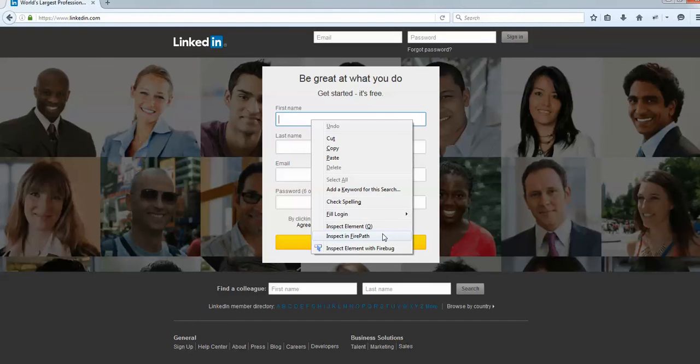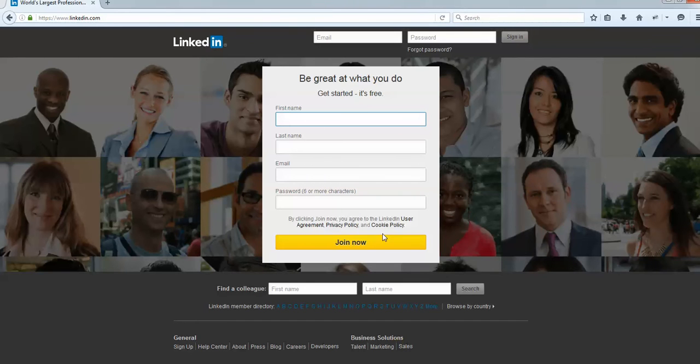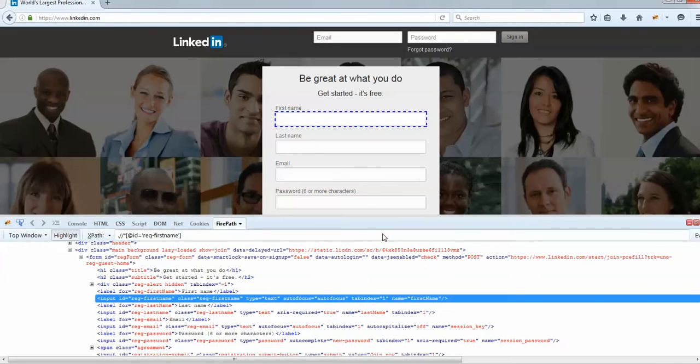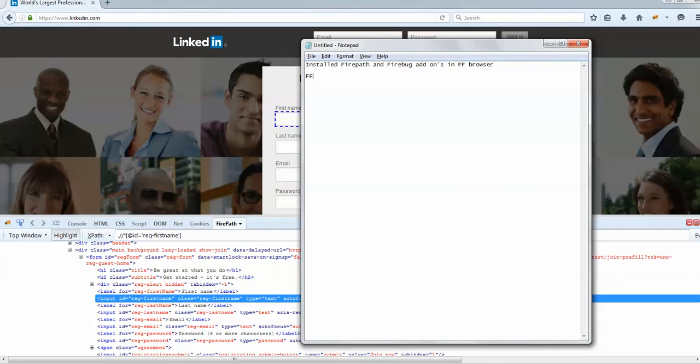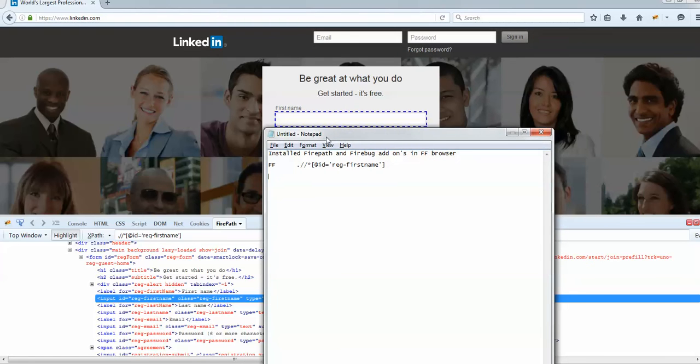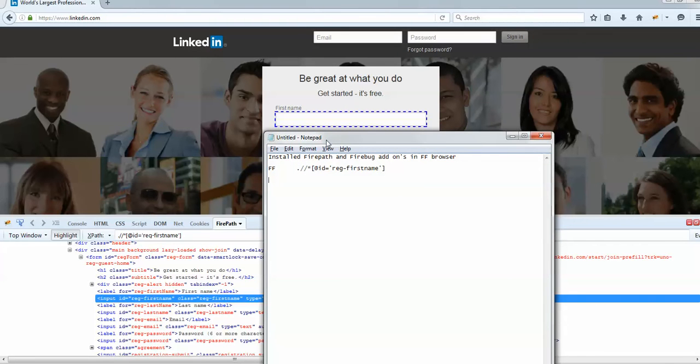Once you right click, select inspect in FirePath, and Firefox already gives you an XPath that you can directly use in your automation script. So this is one way of identifying the XPath of an element. Whatever you want to do in this first name text box, if you want to type or select, you always have to use this XPath to locate that element.